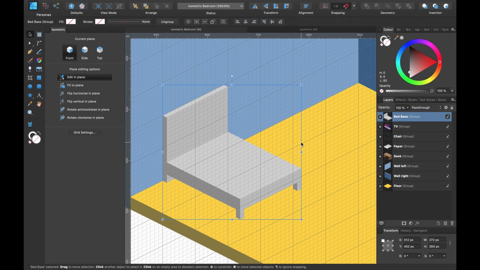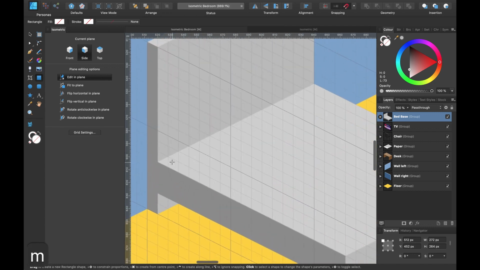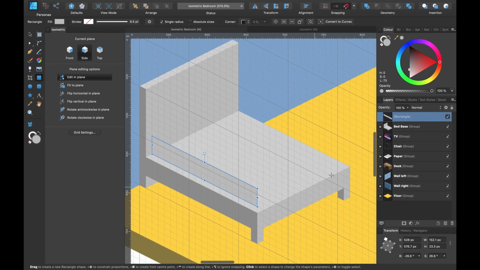The next thing we want to create is a mattress. So I'll create the thickness of the mattress now. So I'll click on side and click M, and round about here I'll grab it from. So up the top, maybe 3 in thickness, and just drag it down till it reaches this point here. We'll make this a kind of light yellow color, something like that.